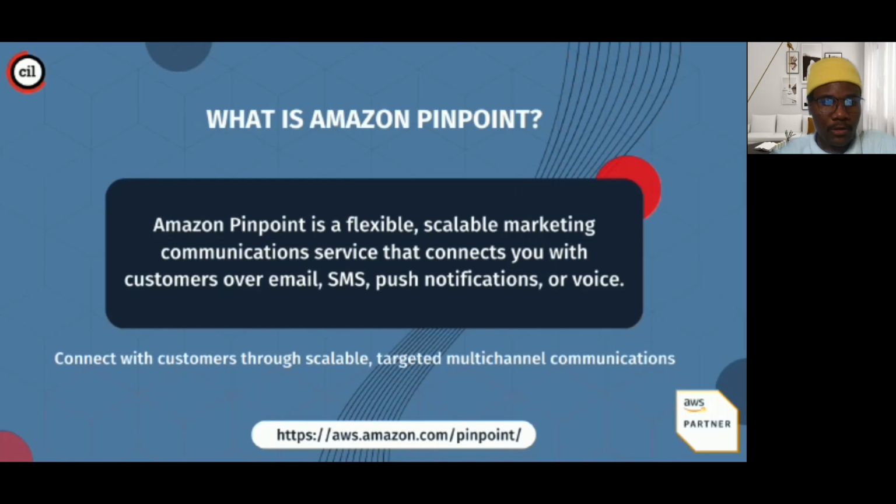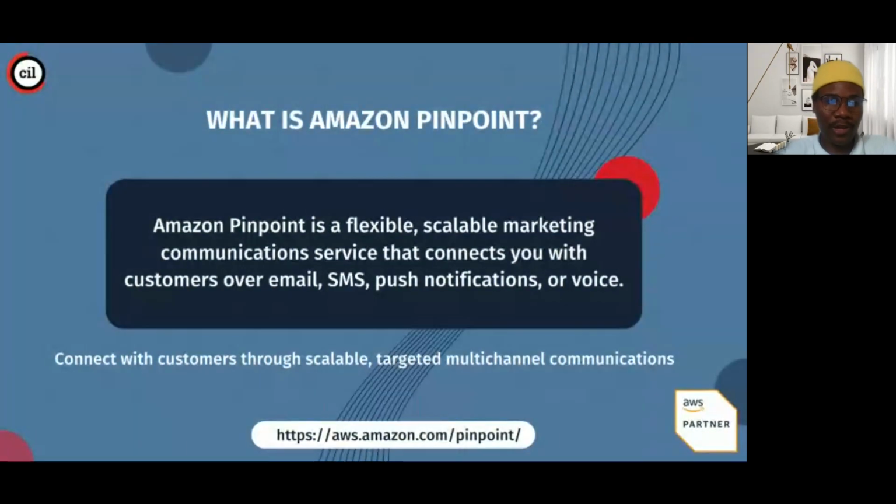So we'll be looking at what Amazon Pinpoint really is. We've been talking about Amazon Pinpoint, but most of us don't know what it actually entails. Amazon Pinpoint is a communication service offered by Amazon Web Services. It is a fantastic digital marketing tool that helps you send targeted and personalized messages to your customers. It makes it easy for companies to reach their audience in a meaningful way without having to worry about the technical details of setting it up. With Amazon Pinpoint, businesses can send the right messages to the right person at the right time, improving customer engagement